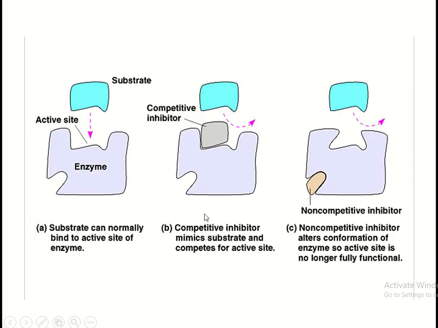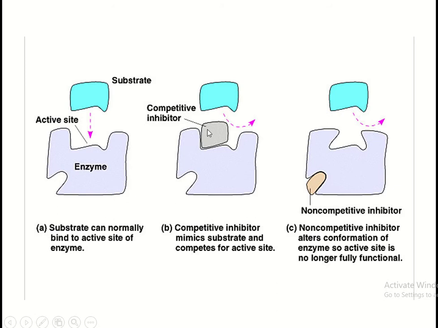Okay, so this is an example of how it looks. Here is the active site where the substrate can normally bind to the active site of the enzyme. Here is the competitive inhibitor, which will bind to the active site of the enzyme, thus blocking the actual substrate from binding with the active site. Remember, there are two types. Only one type of competitive inhibitor, which is